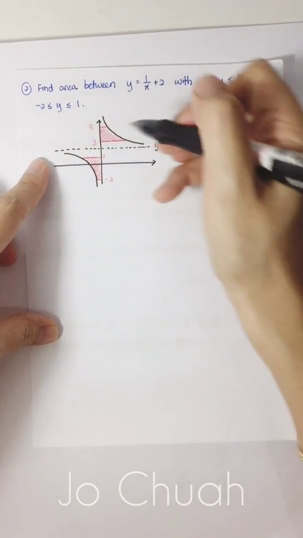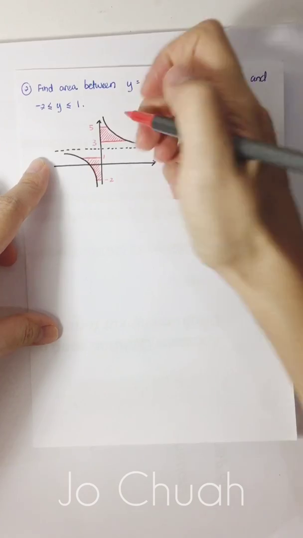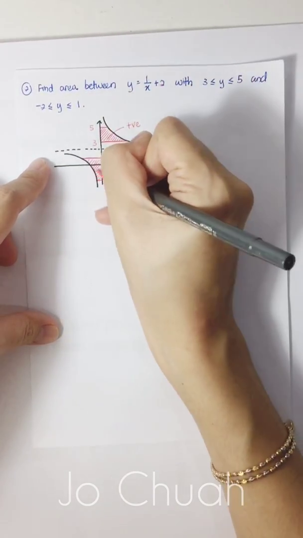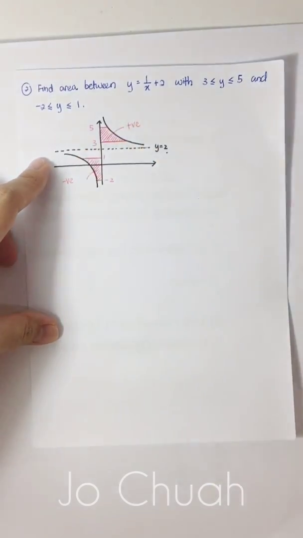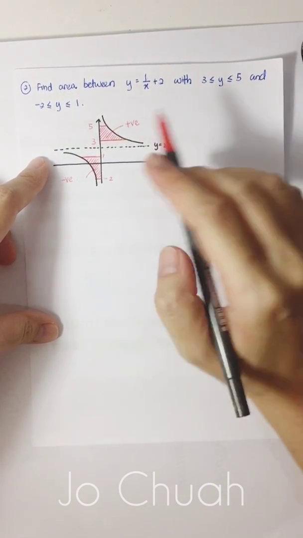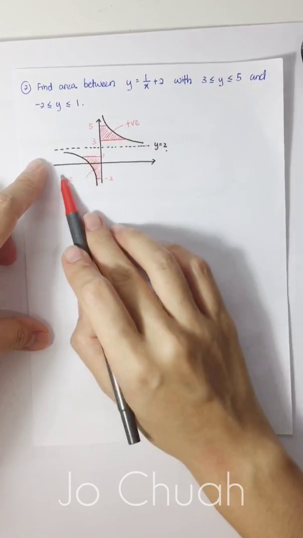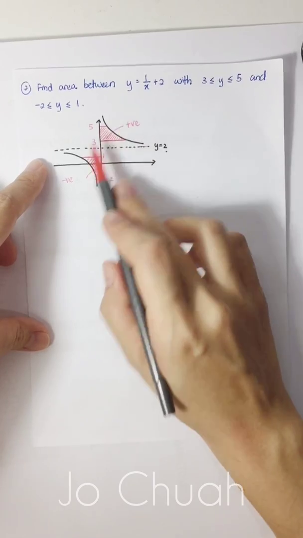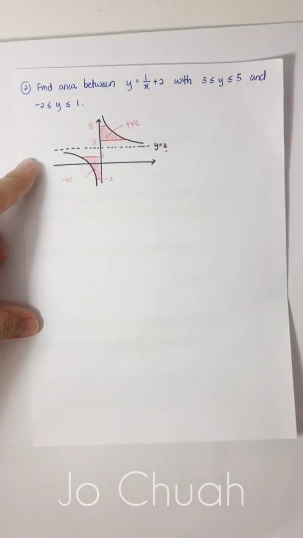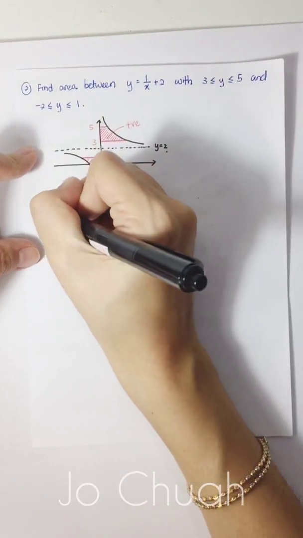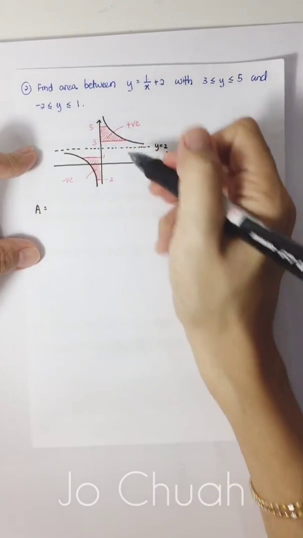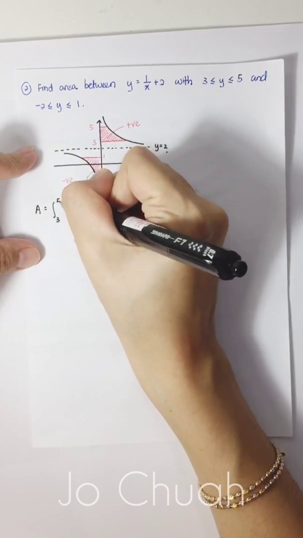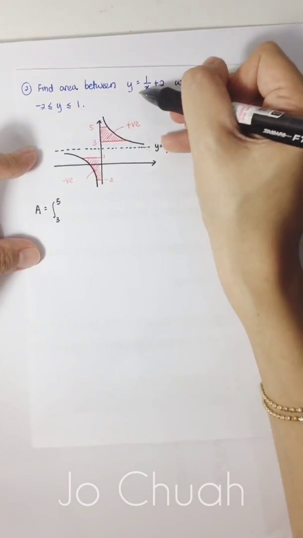So I'm going to check here, and this is going to be positive because it's on the right. And this is going to be negative because it's on the left. Remember, we're talking about the y-axis, right? So we're not going to combine this straight away because it's positive and negative. So we still have to put modulus for the case. So the area is going to be, for the positive one, rather easy, 3 to 5. But this,